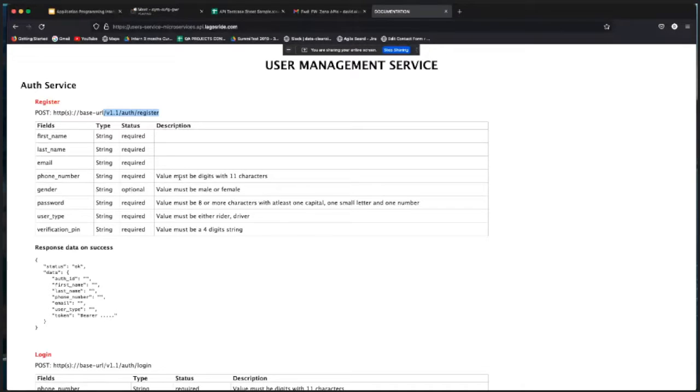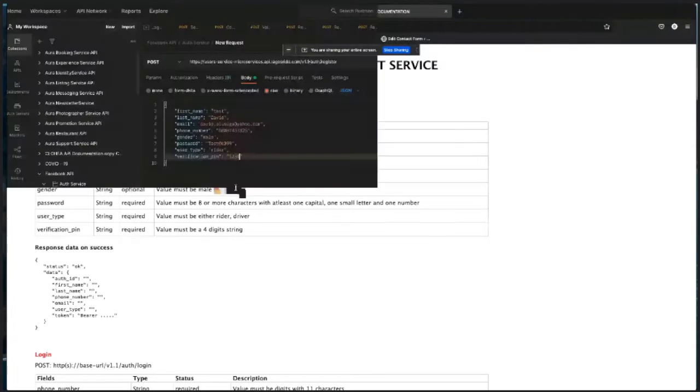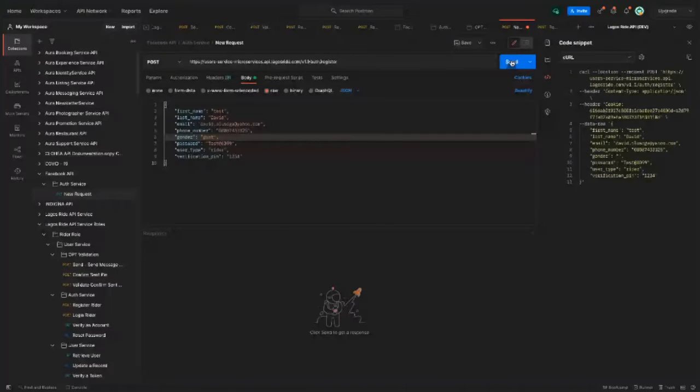Same thing applies to gender. It's either male or female, and as seen on the screen, I've passed in male. Imagine I pass in goat for the gender and send this request. You can see it's giving me a response message saying invalid gender, must be male or female.